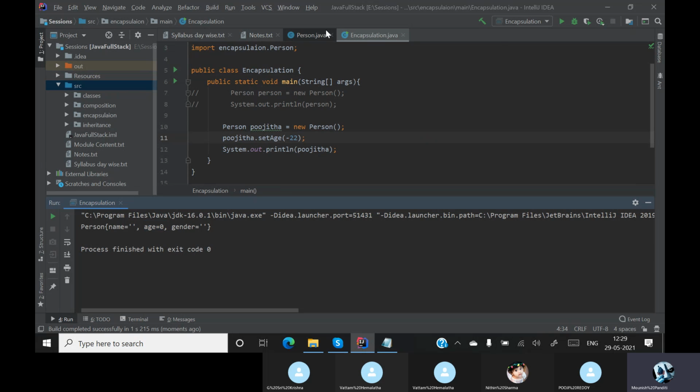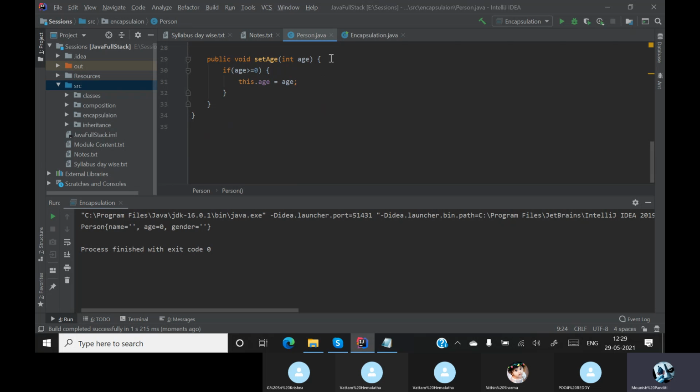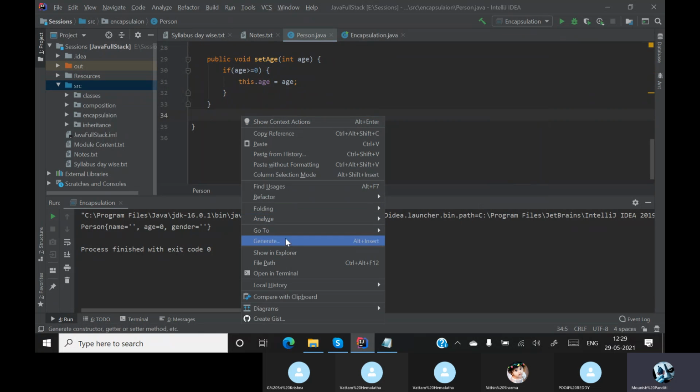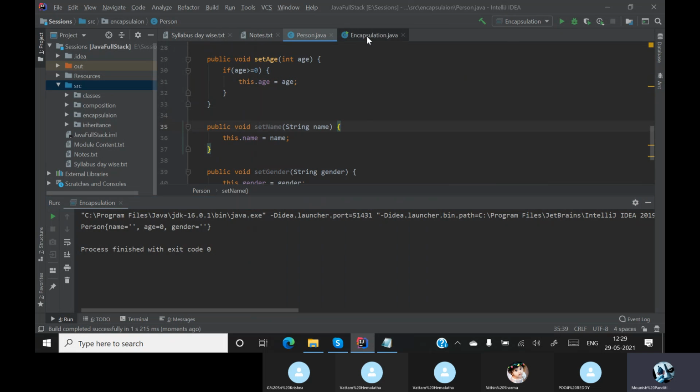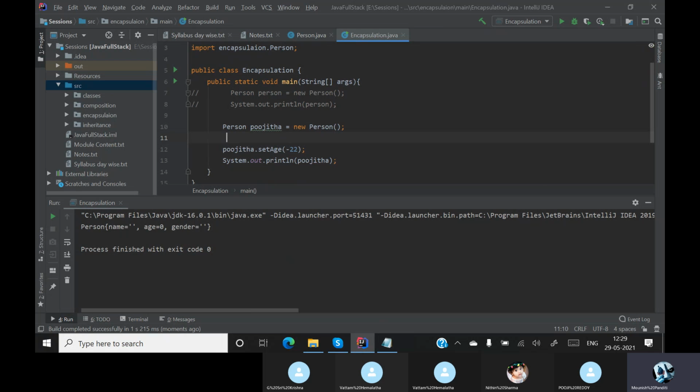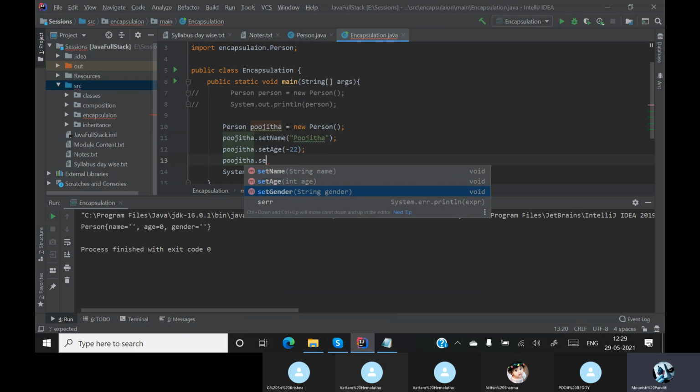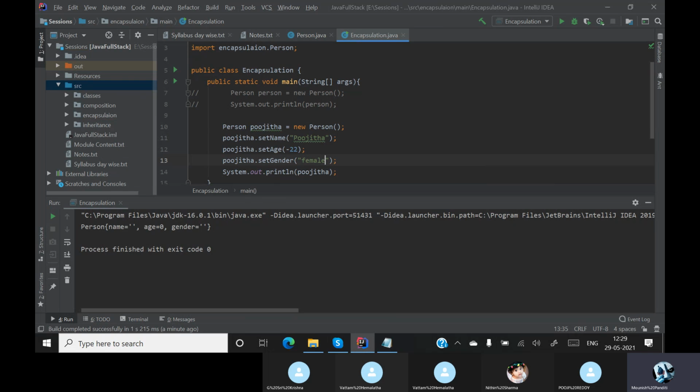Okay, I can even create other setter methods also. So let us generate setter methods for these two. Now I'll go back here and I'll say Pujita dot set name as Pujita, dot set gender female.